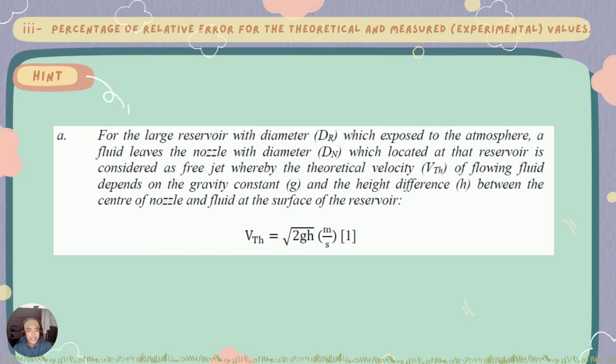Question 3 is given. Find the percentage of relative error for the theoretical and the experimental value. The question gives two hints. The first hint is